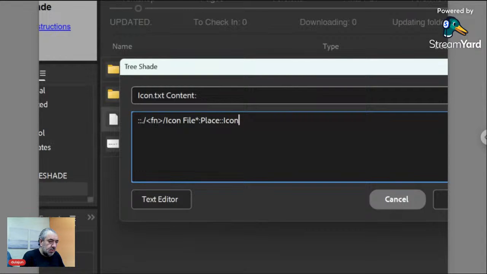Let's name the object style icon, then obj, abbreviation of object,